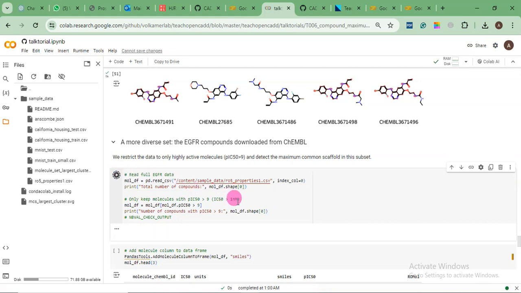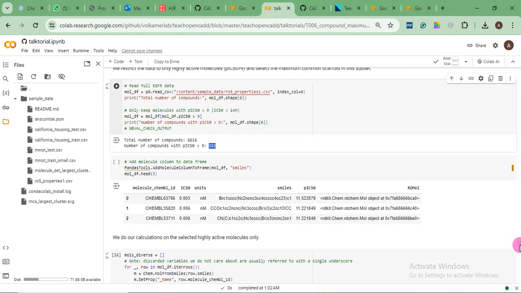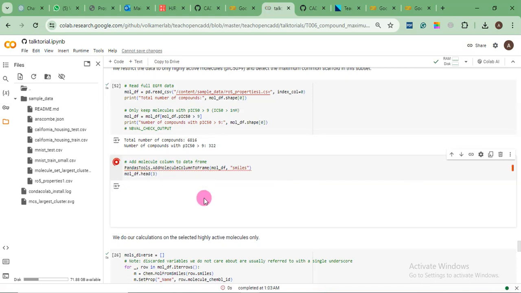So I load the data and it says the total number of compounds is 6816. 322 compounds are those which have the pIC50 greater than 9. So here we have only selected those compounds. Okay, and then we ask the program